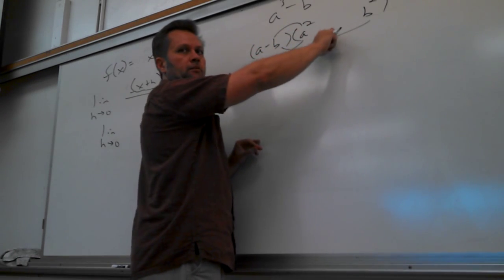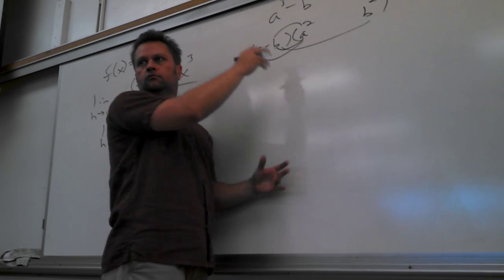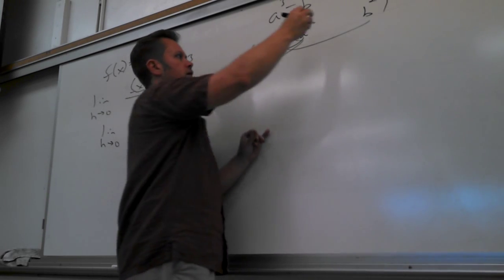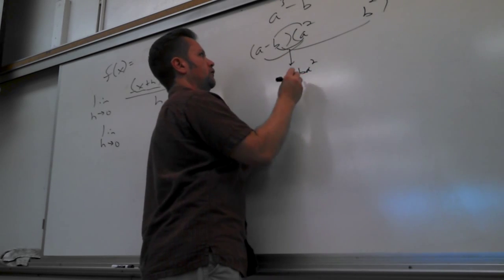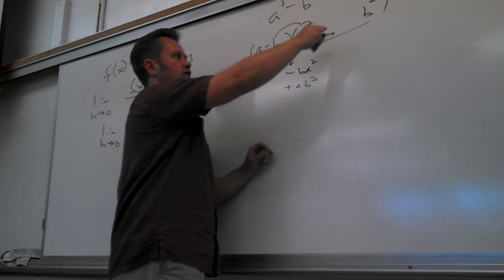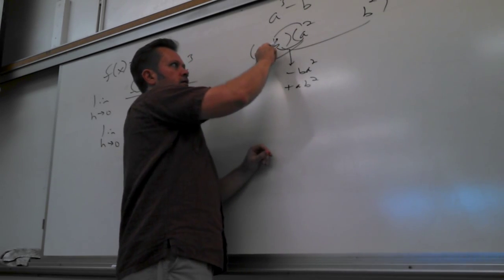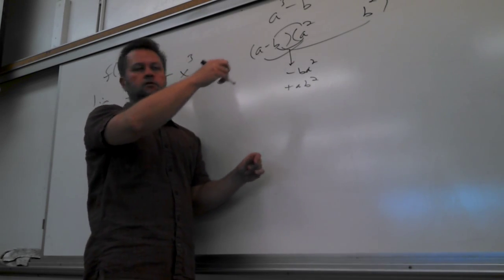But this guy's a cleanup guy, because I get my a cubed, but I also get minus ba squared, right? You guys with me? This is how I'm familiar. So this middle term, so I get minus ba squared, and you put it in alphabetical order if you like alphabetical order, and I get plus ab squared, those cross terms. So if I make the middle term the opposite sign, which makes sense because it's supposed to cancel what I don't want,